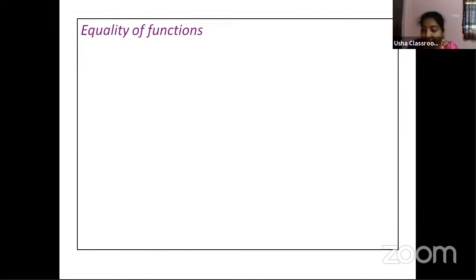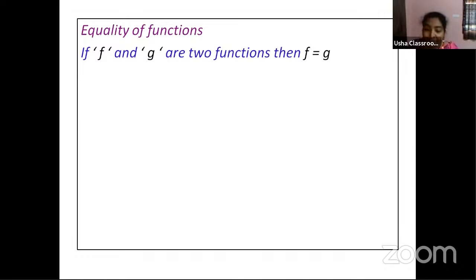Now the next topic we have is equality of functions. Equality, the word itself is telling you that there is something which is equated. What are you equating here, and what are the things which are equal? We are just trying to define what is equality of functions. Functions, that means it should be more than one. The comparison comes only when you have more than one, right? Now, if f and g are two functions, then we can say the function f is equal to g